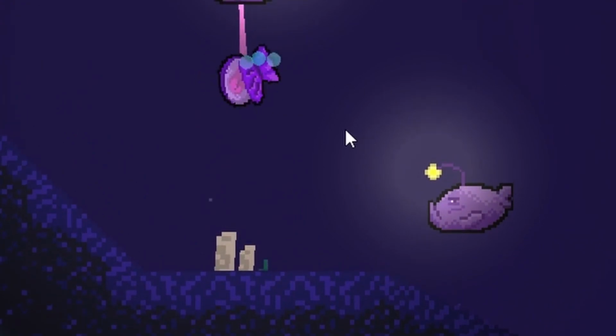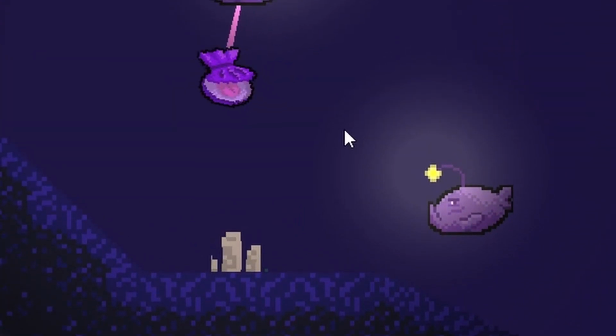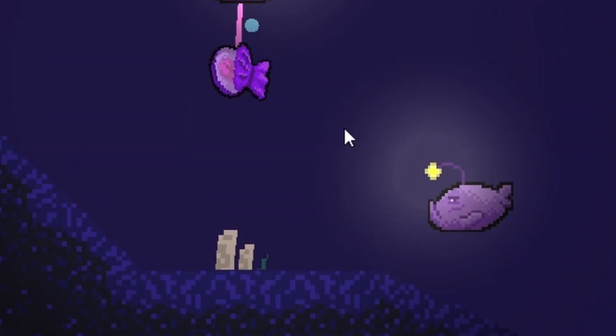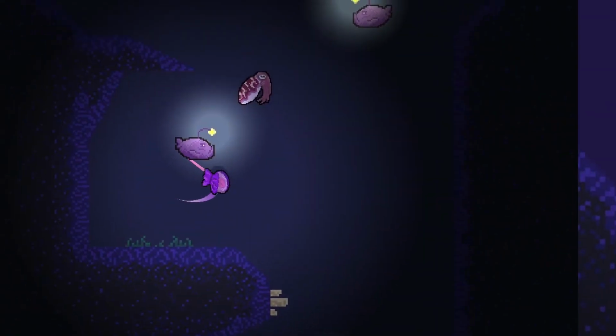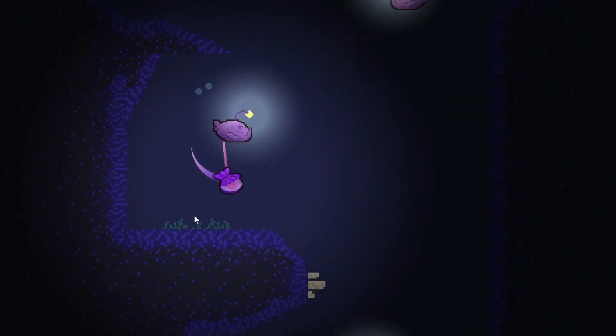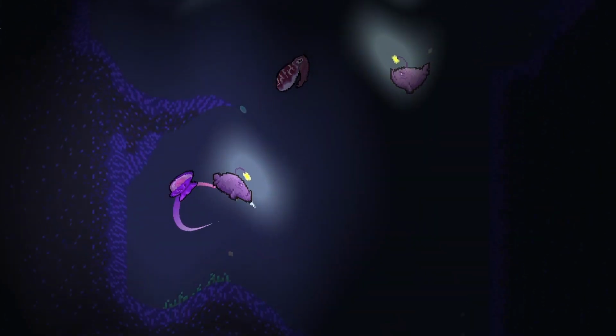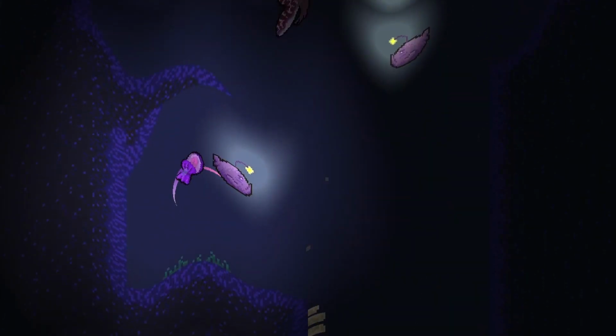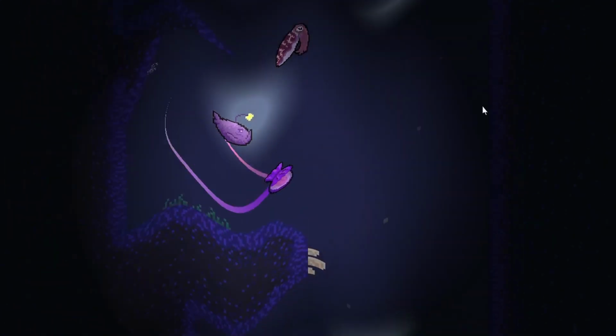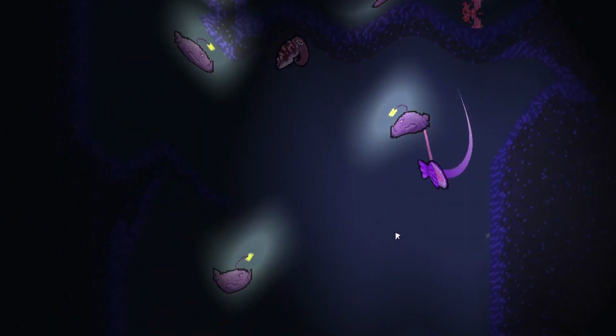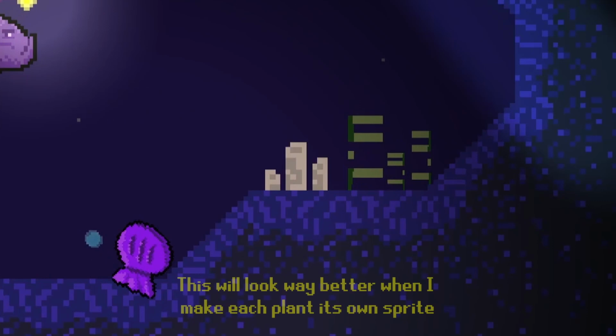Originally, I thought I could use this as like a filter to go over everything in game, but I don't think I actually want that. It wouldn't look like the game is underwater, it would look like the game is drunk. And in a game that's already hard to control, that would just be annoying to the player. But it does work really well on plants, and it'll be great to add motion to things I don't want to manually animate really subtle frames for in pixel art.